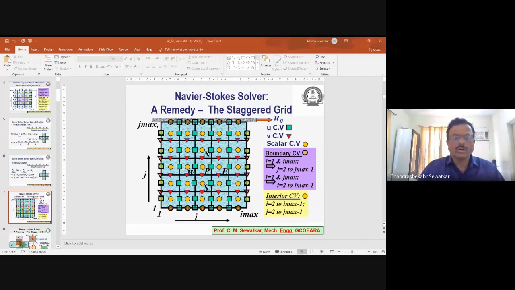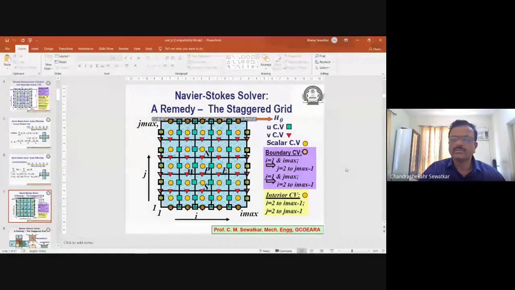Okay. Good morning, all of you. Let us begin with the next session. That is the 11th session of this FDP on computational fluid dynamics for beginners, held under AICTE Atal Academy program. So, what we were doing so far was trying to understand how to solve the entire Navier-Stokes equation, and we have gone through the discretization.